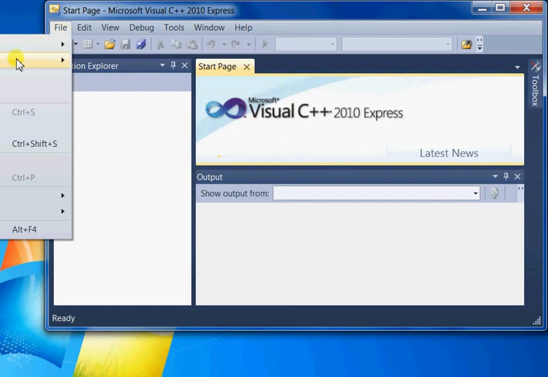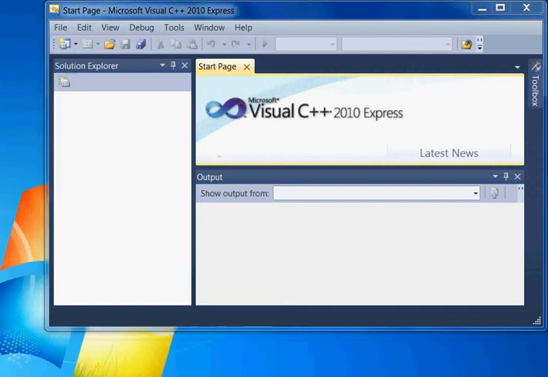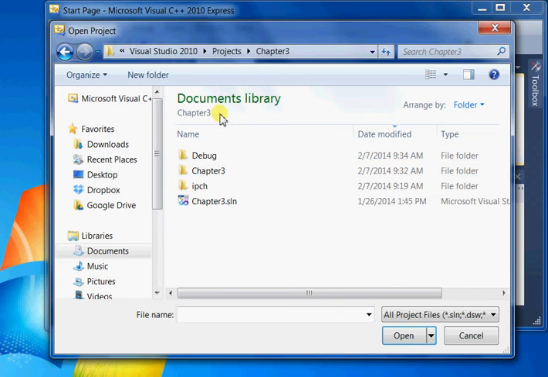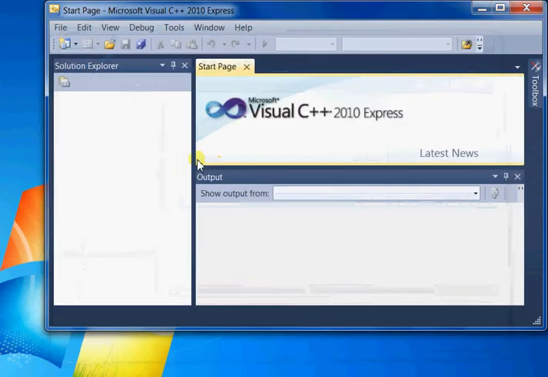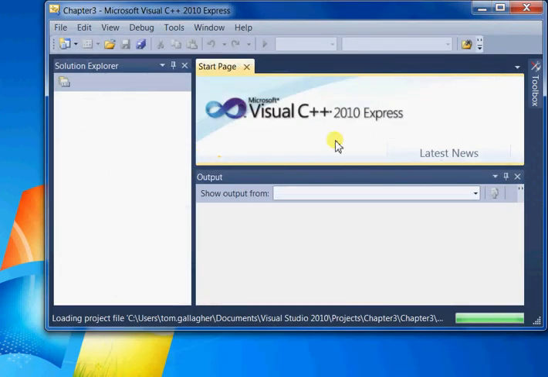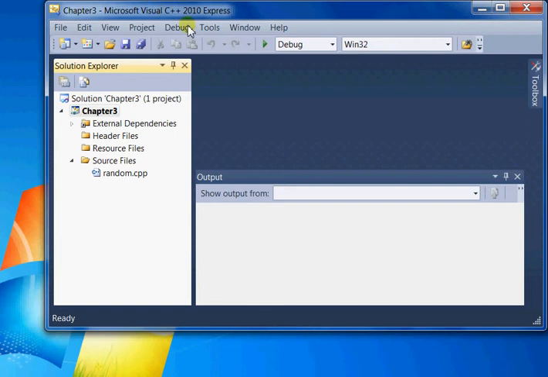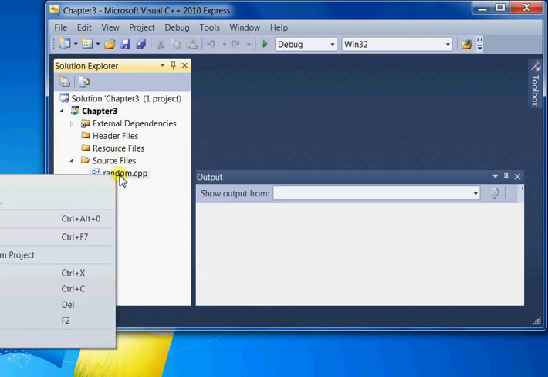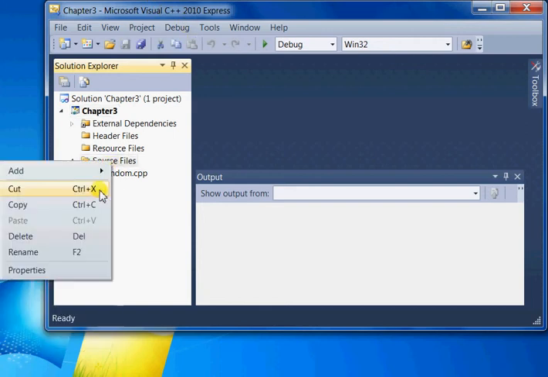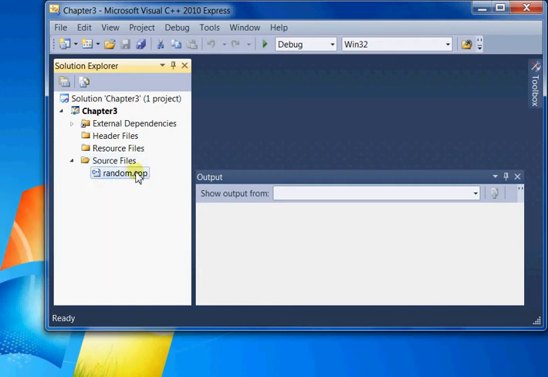Let me open up a project, and I have one here, chapter 3, and I have my chapter 3 solution set here. By the way, I'm using Visual Studio 2010. Not much different than you working with the 2012 in my mind. So let me get rid of this here. I need to remove